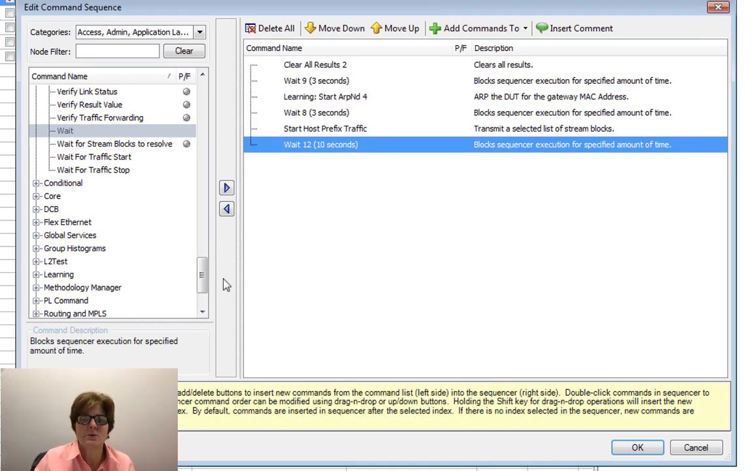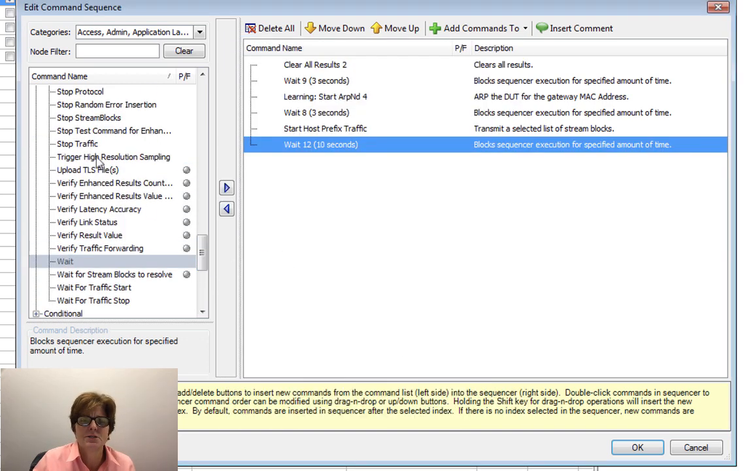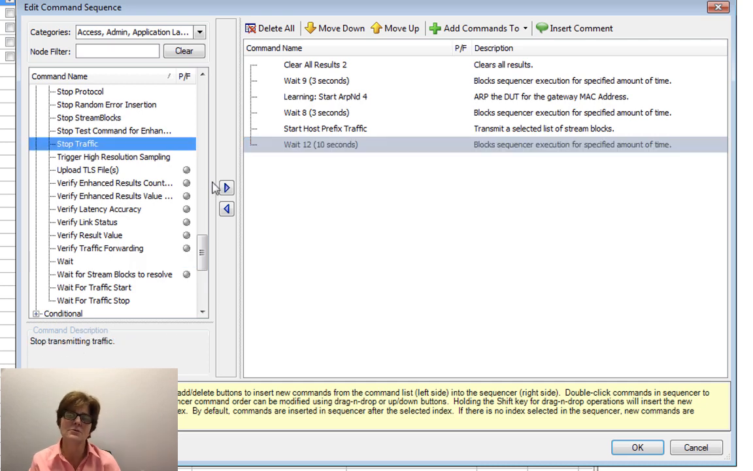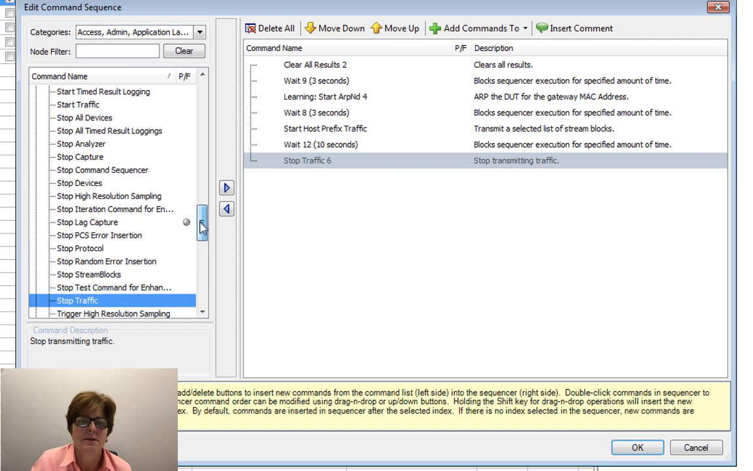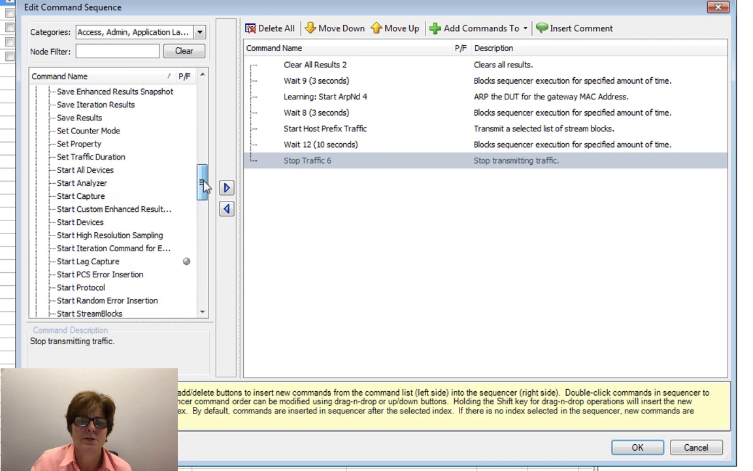And then after that, I just tend to do a stop traffic. You can do stop stream blocks so that you could start certain stream blocks. I mean, it's a very complex tool. So I'm going to stop the stream blocks, and then I'm going to go ahead and